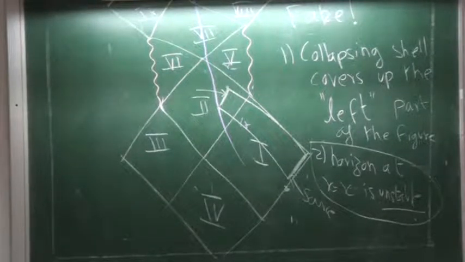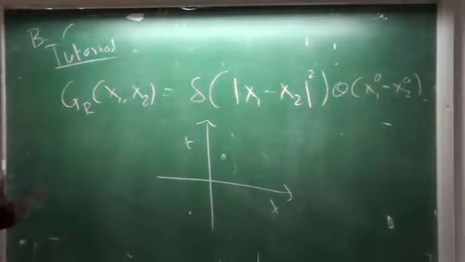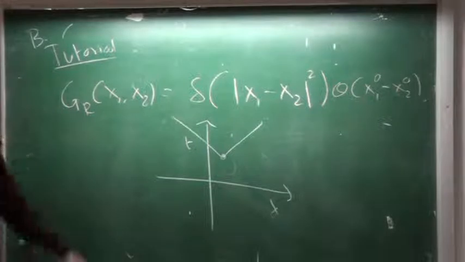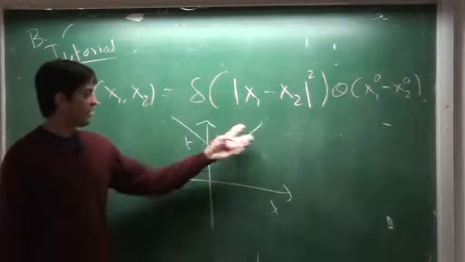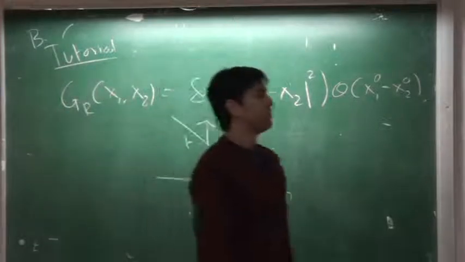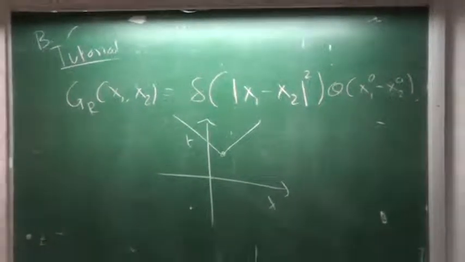So the explanation is, if you turn on the source at some point in the space-time diagram, with X and T, the influence of this source propagates along light rays. If you turn on the source here, the fields that the source creates, if you use the retarded Green's function, are created along light rays that emanate from this point and go out into the future. So if you turn on a source in the past, at some point here, remember this is what we are calling past null infinity,